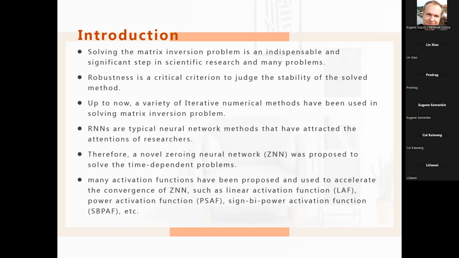Up to now, a variety of iterative numeric methods have been used in solving matrix inversion problem. Although the iterative numeric method has achieved an outstanding consequence, there is a high computational complexity when dealing with not